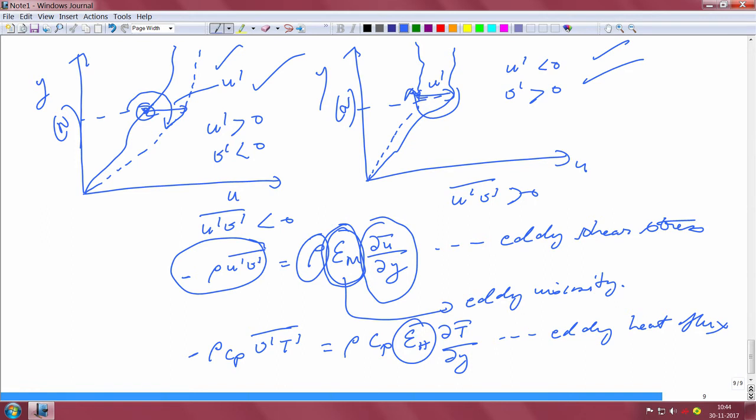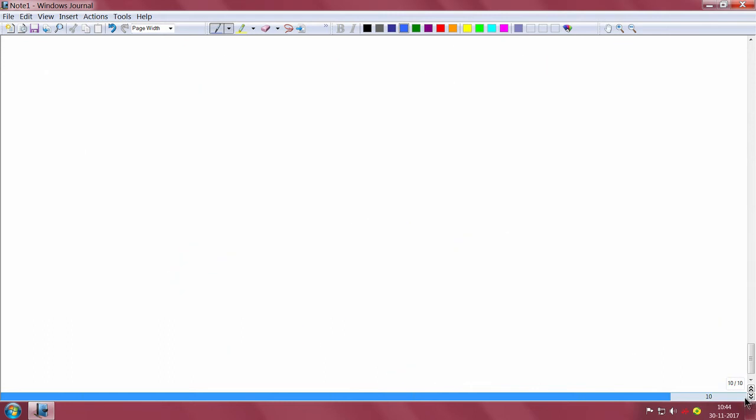If you call that eddy viscosity, this is like an eddy thermal viscosity or thermal diffusivity. But once again, caution, these are not viscous terms per se. Okay. So, if you write now in a more clean manner,